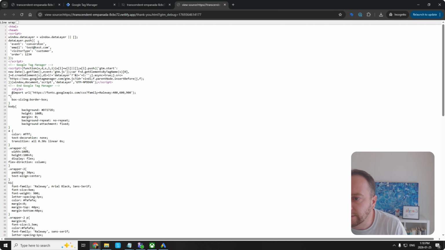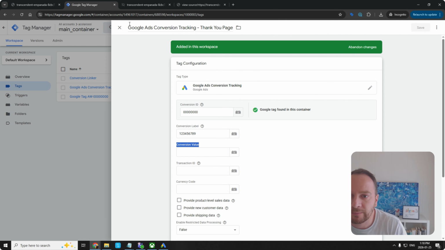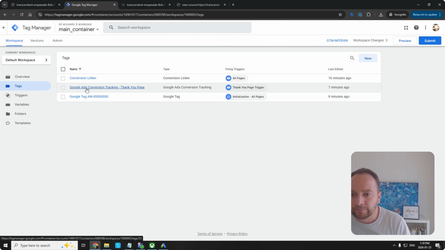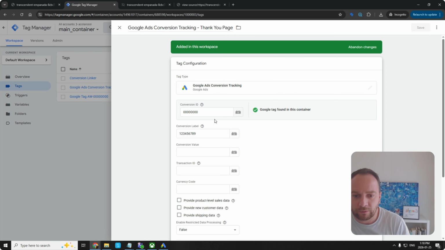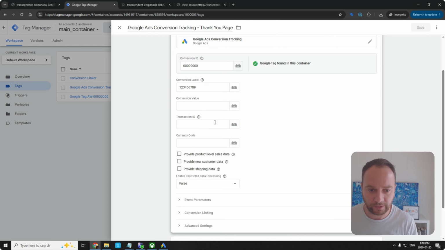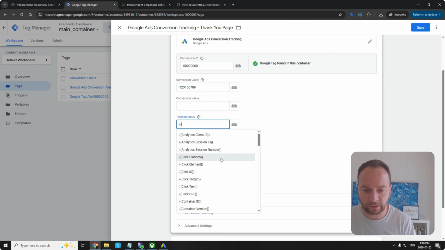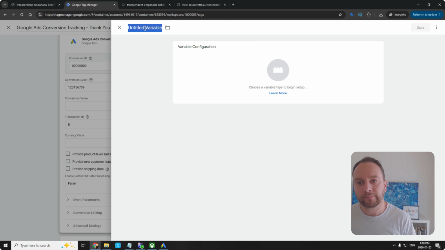So here, like event conversion, email is test@test.com, visitor type is customer, order is 1234. So I'll show you how you can use something like this. Let's say conversion tracking. Let's say our order number or transaction ID, that works as an order number too, but I could go curly brace. If you type it in twice, something will come up. Yeah. Scroll to the bottom and click on new variable. Let's call it